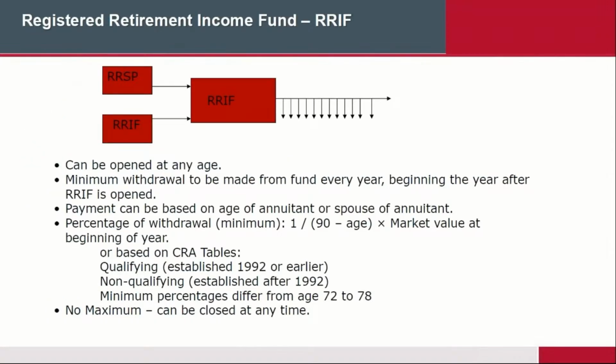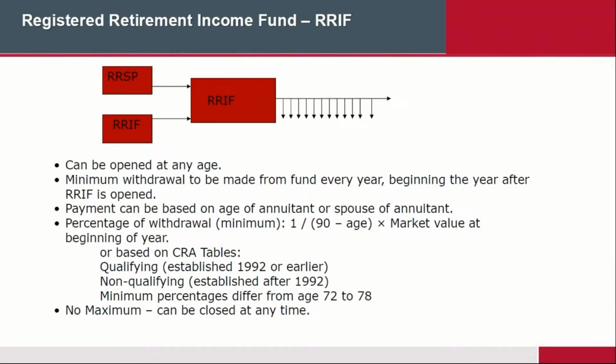So at the end of the day, like I said, you can buy an RRSP or you can buy a RIF, okay? So if you have your money in an RSP, at the end, by age 71, no later than age 71, you must convert your money into a RIF, a payout annuity. So a RIF can be bought at any age. You don't have to be 71. You can be 65, you can be 55. That's not the issue, okay? The real issue is the fact that you cannot buy a RIF after you turn age 71. So you must do it by the year that you turn age 71, okay?